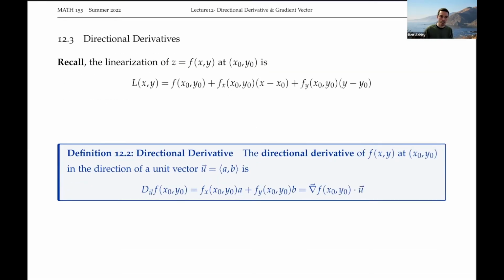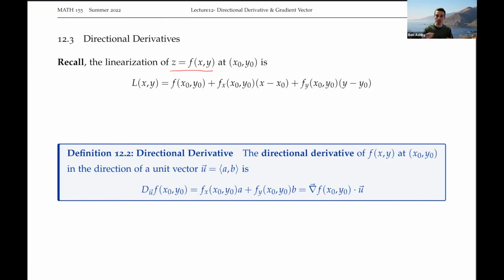Okay, so the next thing we're going to be talking about is something called the directional derivative. Before we do so, let's just recall what we talked about in terms of linearization of a function. So suppose we've got some function f of x, y, and if we want to plot this as a surface, then